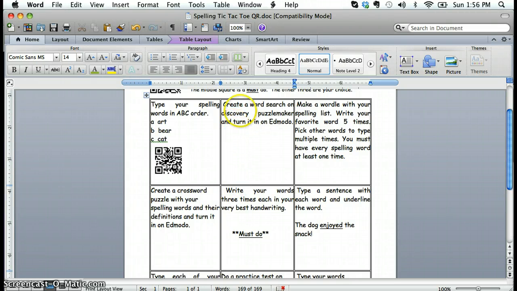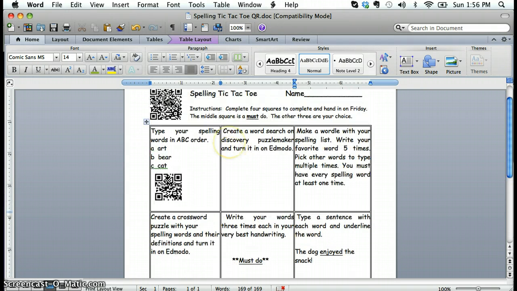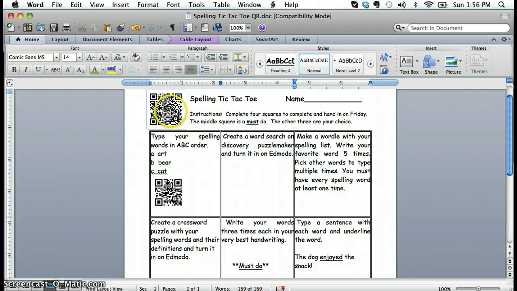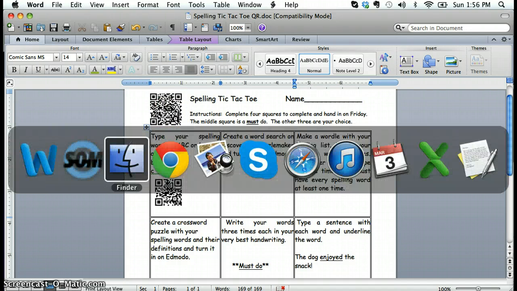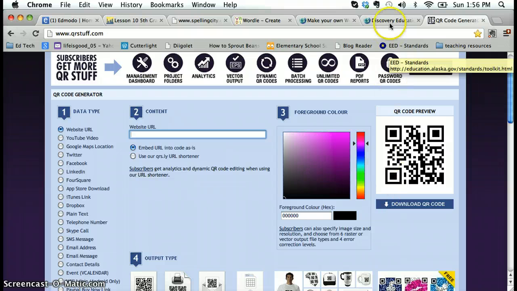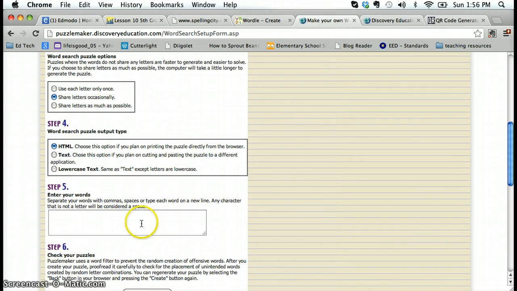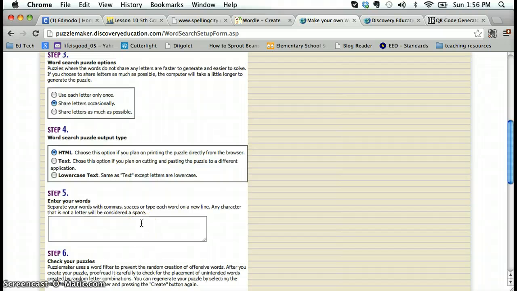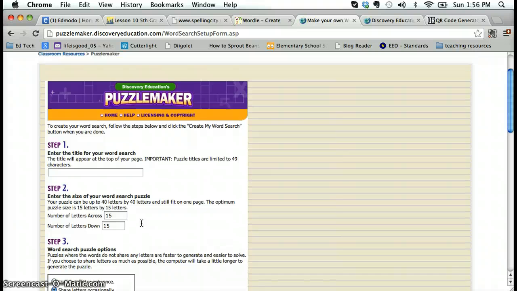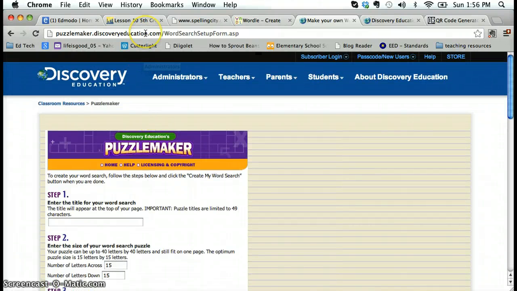Here, the next section I need to tackle is create a word search on Discovery Puzzle Maker and turn it in on Edmodo. So I'm going to link them right to Discovery Puzzle Maker. They already have their list. Their list is here, embedded in this QR code. So I'm going to come over here to Discovery Education. And in step 5, right here on this page, is where they would type the words with commas to create their puzzle. But all I want to do is link them to this puzzle maker. So I take the link, I copy it,